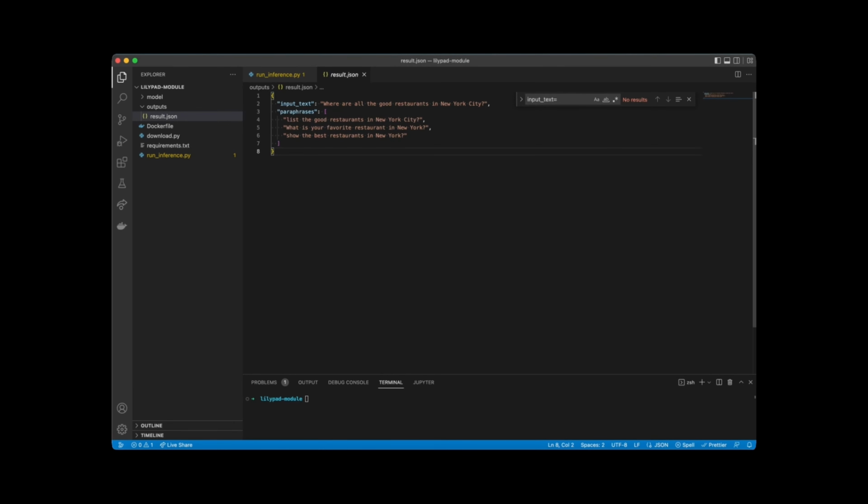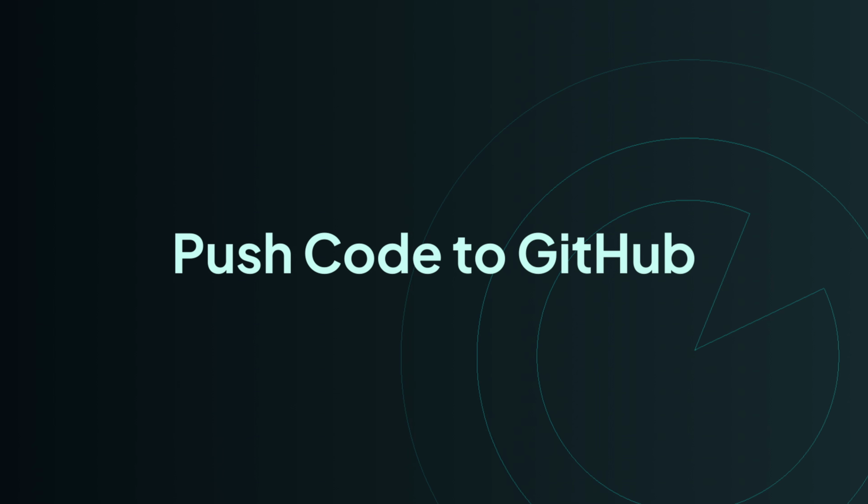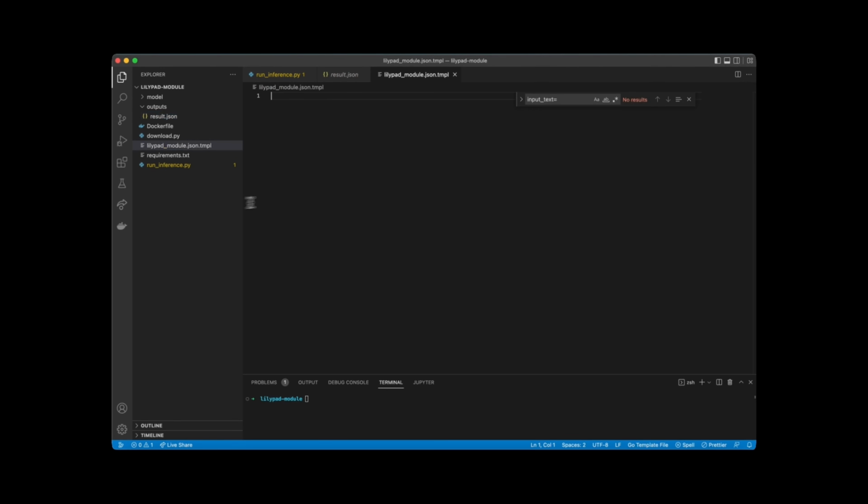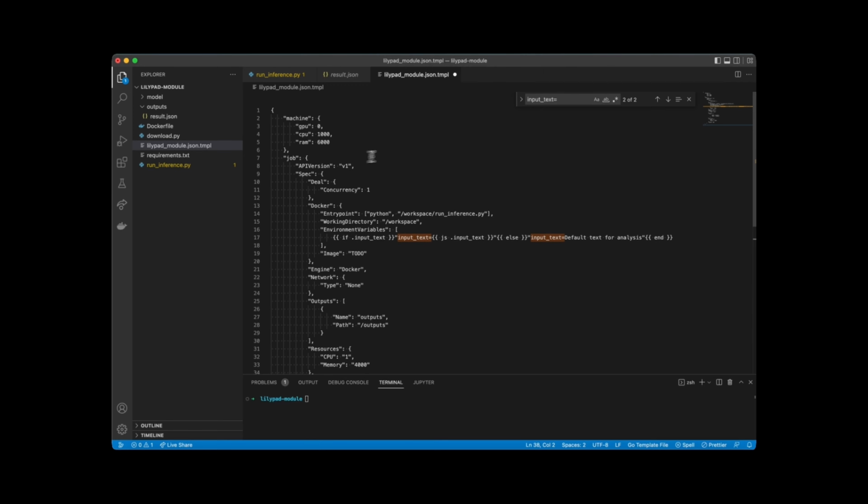Amazing. Everything leading up to this point of what we've previously written out, I would consider to be preparing the Lilypad module, and now we're getting into the part where we are enabling the module to be used on Lilypad. So the first thing we want to do here is create a file named lilypadmodule.json.tmpl, and I'm going to paste in this boilerplate. Essentially what this does is it instructs Lilypad how to process a specific module. No matter what module you create and upload with Lilypad, it needs to have a minimum of 6,000 RAM in